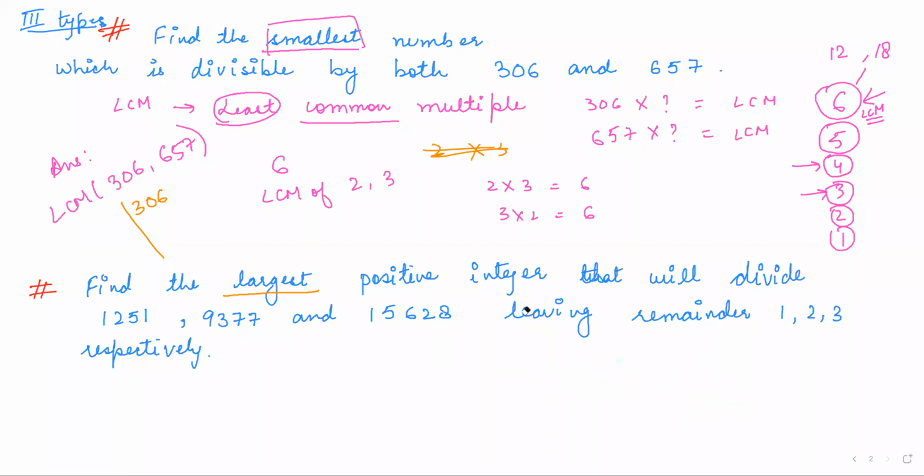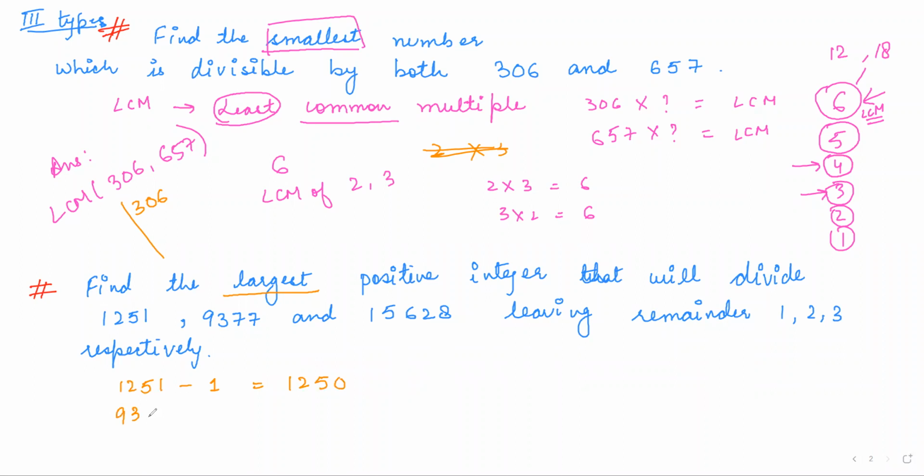Now there is something additional in this question: leaving a remainder. So first of all, basically you have to find the exact number. If it is 1251 and the remainder is 1 in this case, the number which is divisible is actually 1250. Understood? Got it? Yes, ma'am. Similarly, in this case,